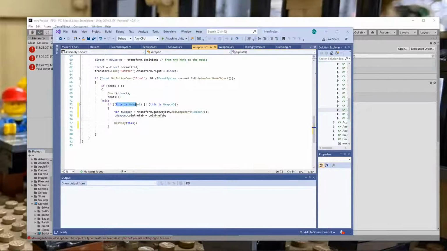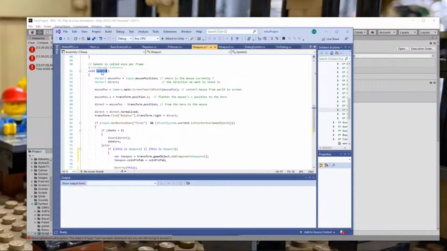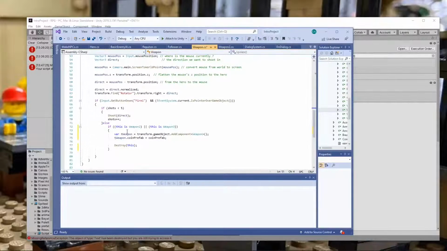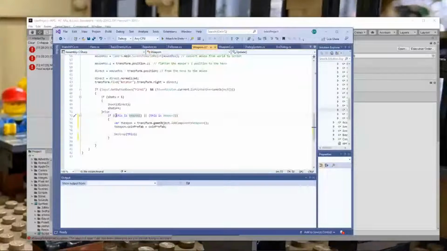But this is the cool thing. The update routine, whether it's a Weapon or Weapon2 or Weapon3, they're all sharing this same update routine. But within there, I can check what flavor it is.